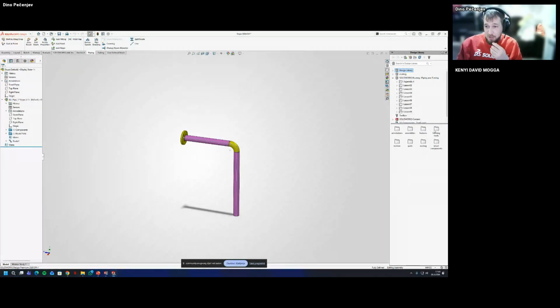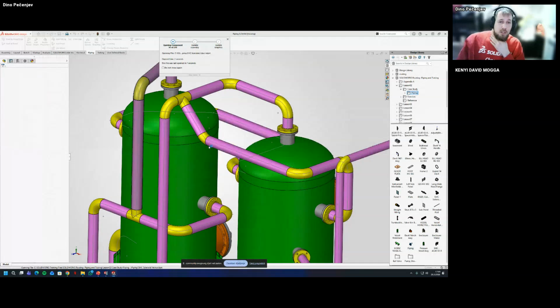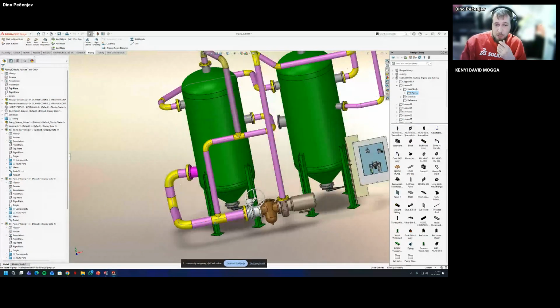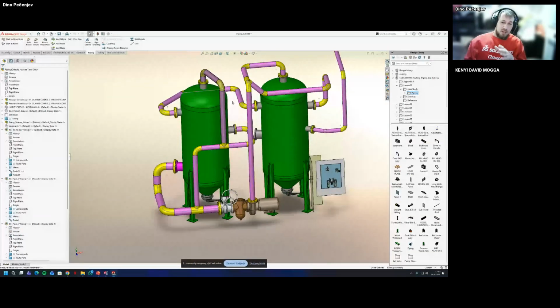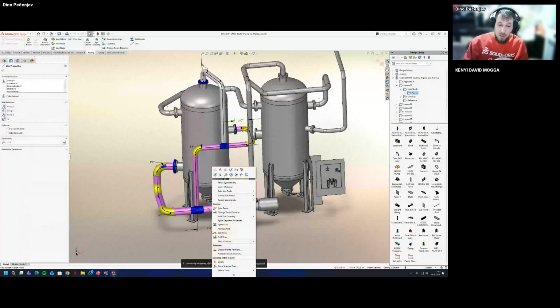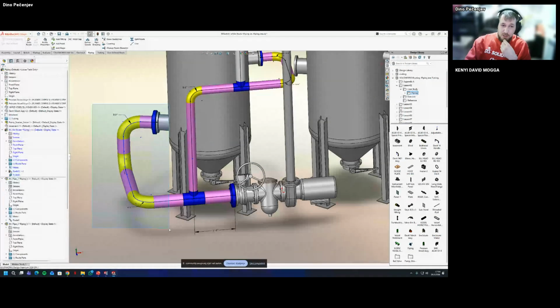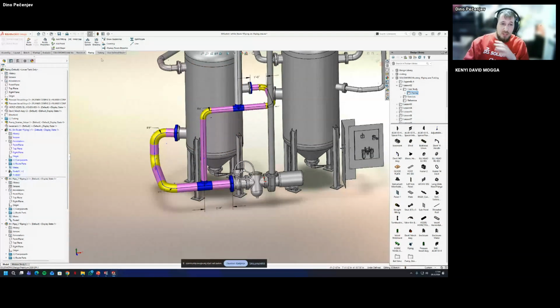And for changing the route diameter, I'm just going to go back to the example I showed, and we can change it, for example, piping. We have a good example here actually. So we have one size here, then we have the change of the size here, which is propagated to the rest of the routing assembly. And important is here, if I right click, edit route, and change route segment properties, I'm just changing this segment, and then I need to do this part of the segment, and then again this part of the segment, and I still need to take care of all these fittings.